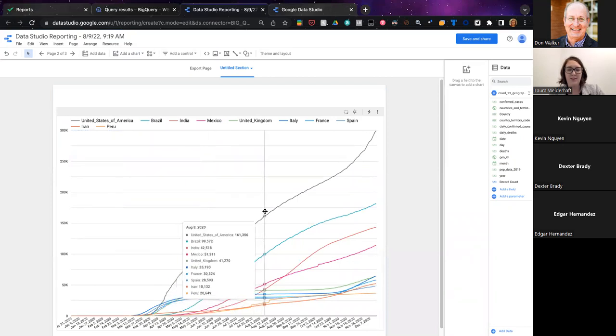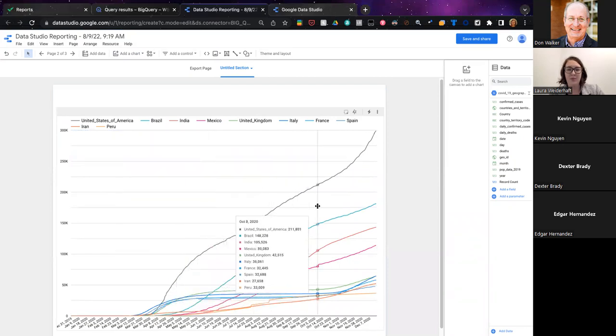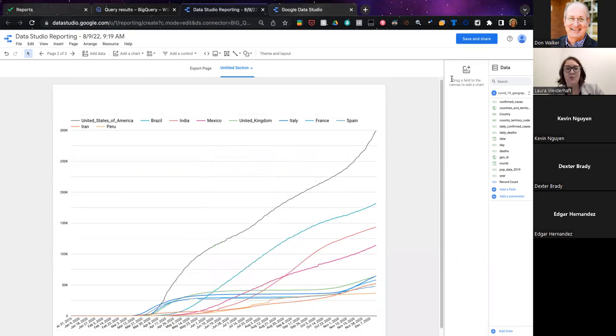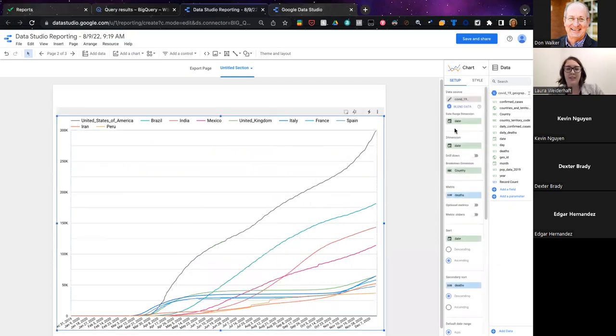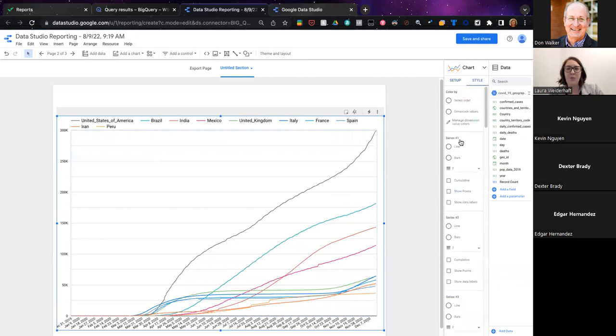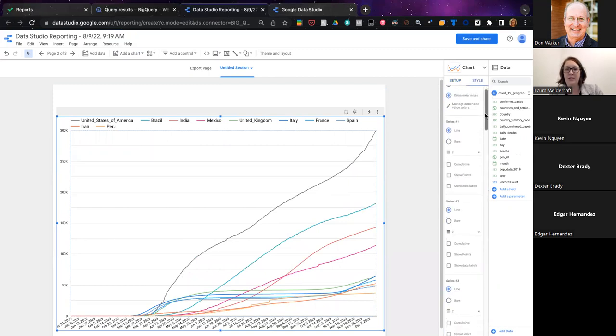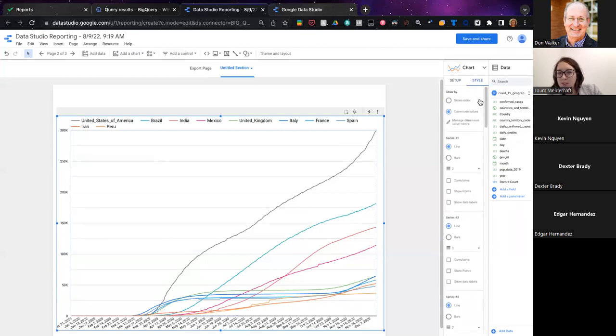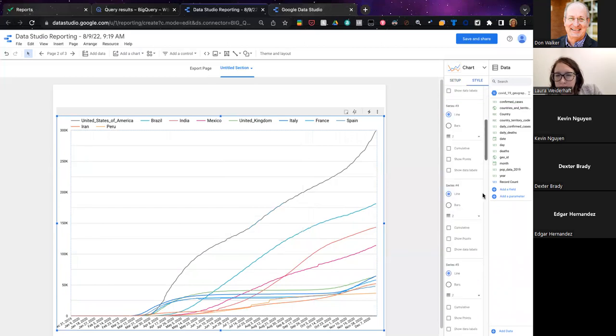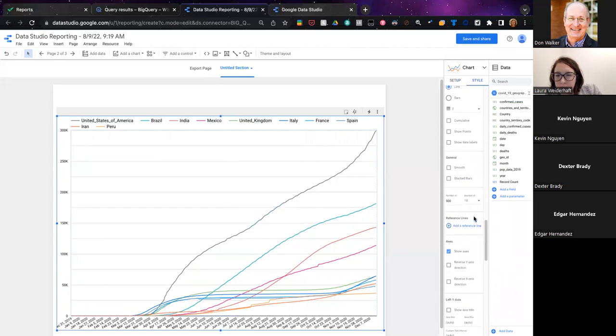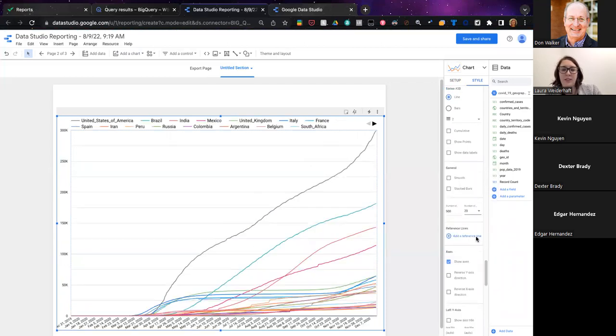Okay, so now we have some trend lines on countries' death rates in 2020. When we're looking at this breakdown, we can tell Data Studio how many dimensions we want. So you can say, I want to see 20 countries instead of 10, for example.